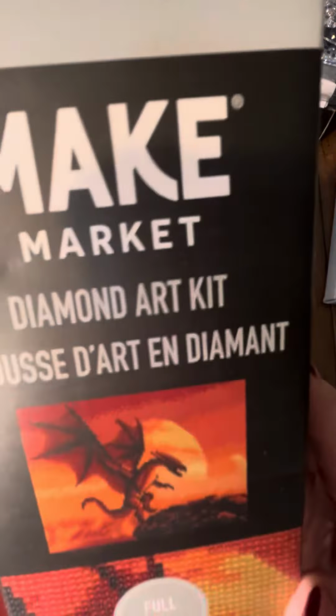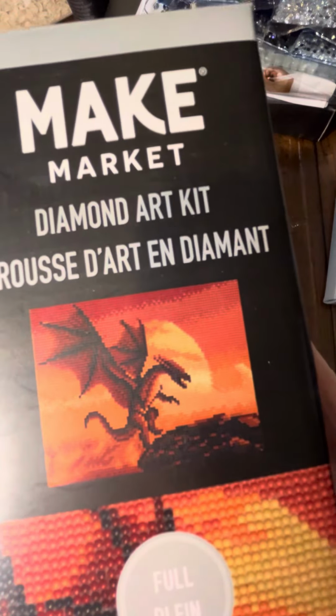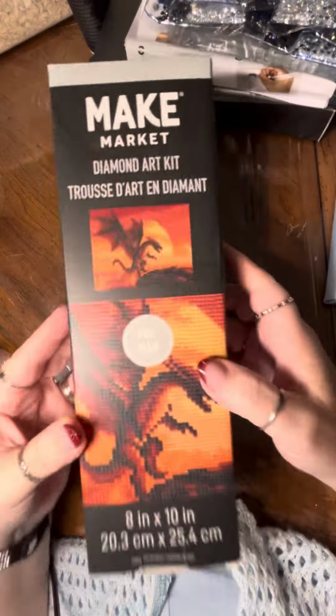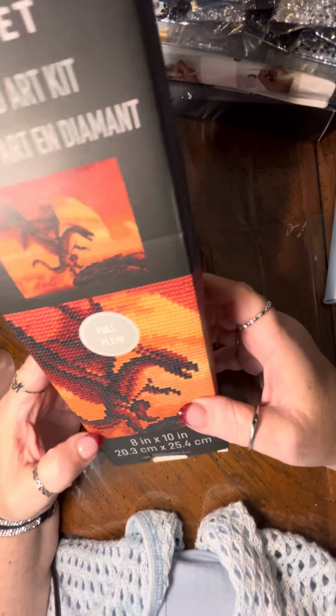You guys, you know why I had to get lit. Look. Yes, it's a dragon. Of course it is. Hello. Me, dragon. Hello. And this is an 8x10, so I was kind of happy to see that, because that means